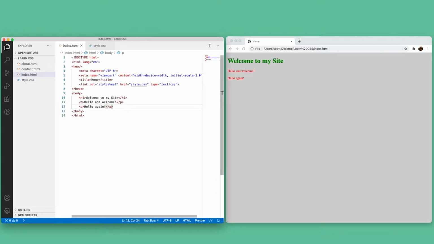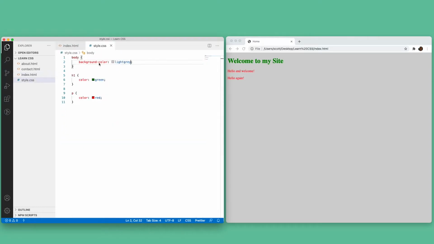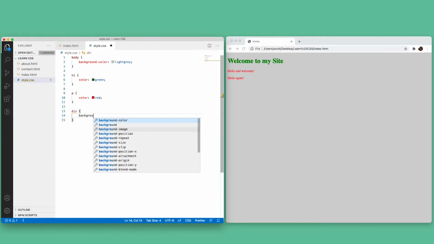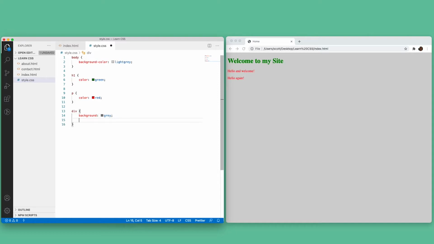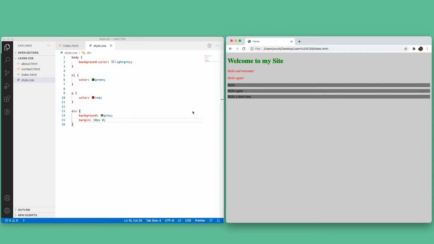We can also style a series of divs if we want. We can apply the same style rules to all of them. Let's try setting their background to gray and give it a margin of 10 pixels top and bottom and see how it looks. Great, but what if we're trying to target something like a div and we don't want every div to get